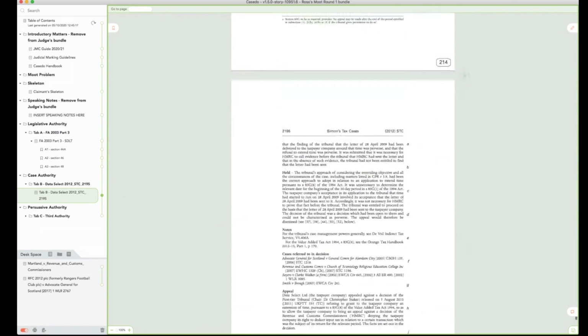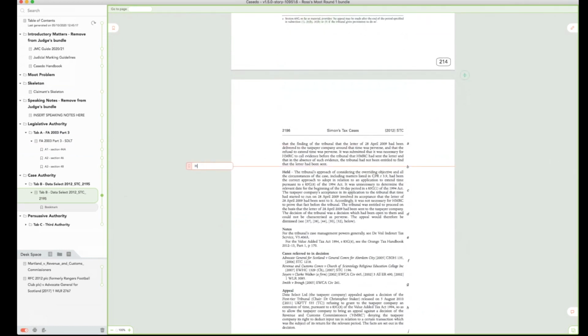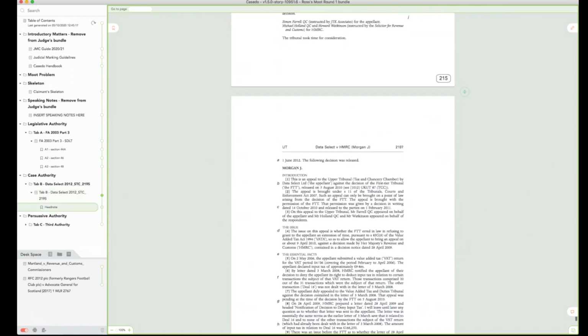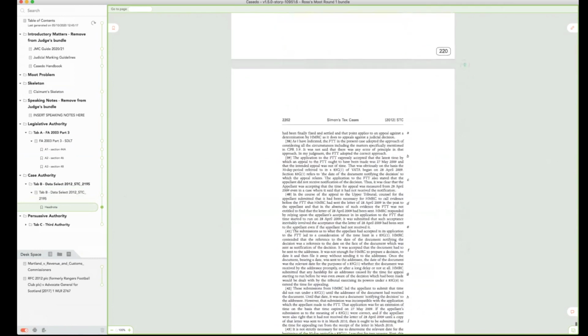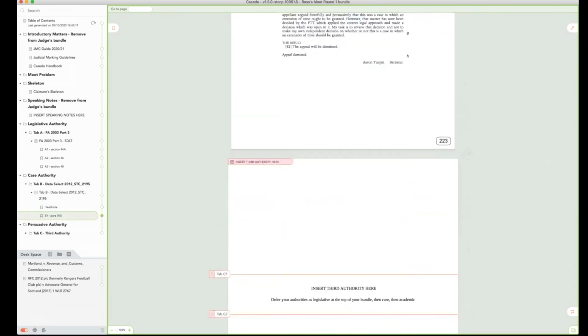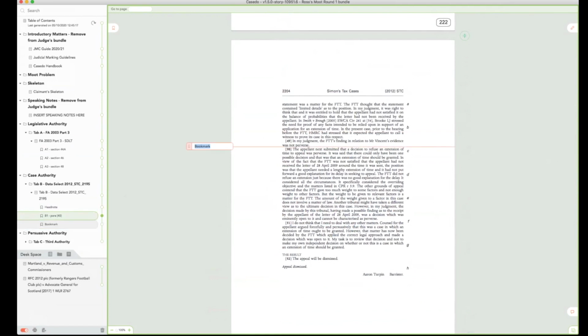I often, for example, put a bookmark on the head note, which can be quite useful to a judge if you're referring to a case. But again, probably what you're going to be doing is finding the specific passage you want to refer to, say it's paragraph 40, and dropping a bookmark saying B1 paragraph 40. And you might drop another one, B2 paragraph 50. Again, highlight the section you're going to want the judge to actually read out.